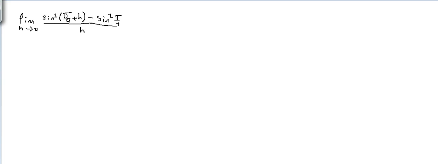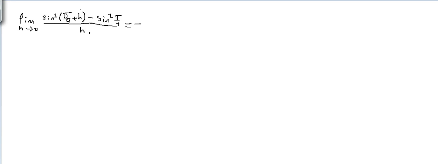We don't have to worry about the answers. Let's solve it. If we substitute directly h equals 0, so this one will be 0 here, and this one will be 0. What we will get? We will get sine square pi by 4 minus sine square pi by 4, which is 0, over h, which is also 0. So 0 over 0, undefined form. That's why we should